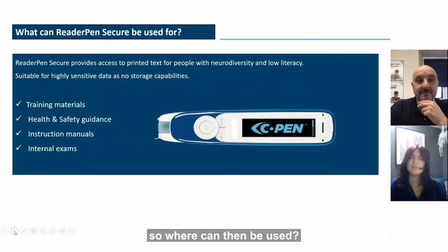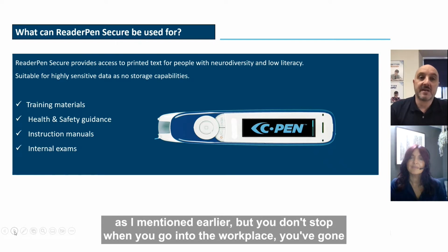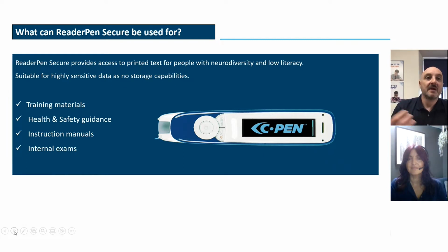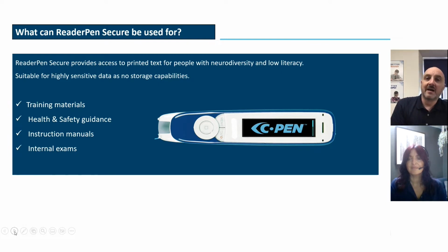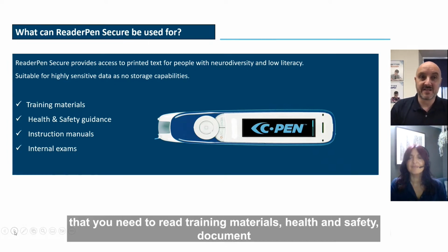So where can that then be used? So obviously neurodiversities and dyslexia, as I mentioned earlier, they don't stop when you go into the workplace. You've gone through education, you've gone through all of this support, and you're now in the big wide world, and you're having to maybe disclose to your bosses that you have dyslexia, and you can go through various different things to get that support. There's lots of other devices out there that will read out printed text from computer screens, and obviously that's ideal for the workplace, but there's still going to be printed material that you need to read: